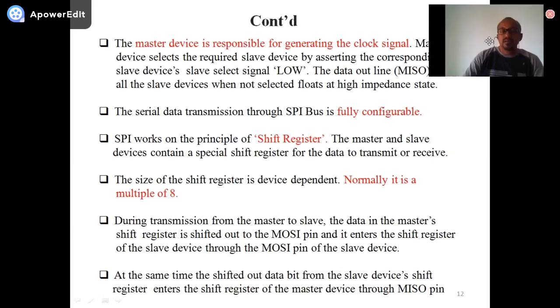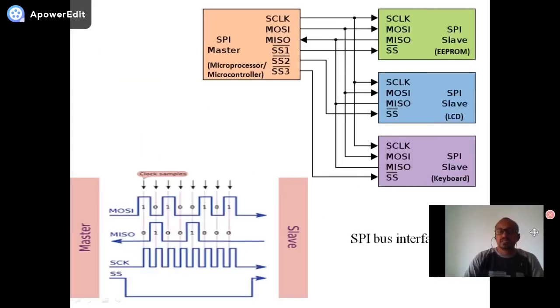Here is how the communication takes place, but before that, SPI works on the principle of a shift register. Master and slave both devices contain a special shift register for data to transmit and to receive. Normally the shift register size depends on the device. Usually it is a multiple of 8 bit, so either it may be 8 bit, 16 bit, like that. So, first the master